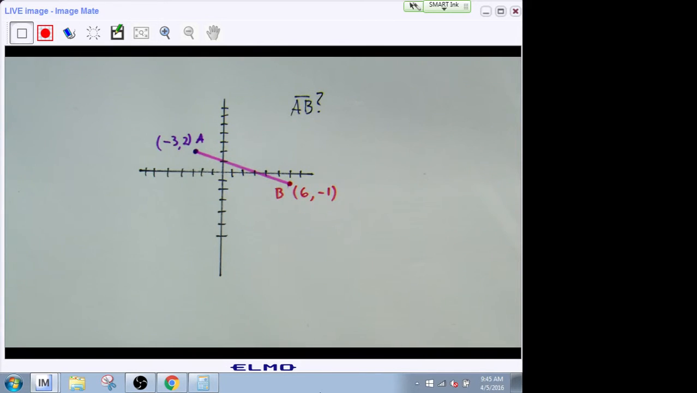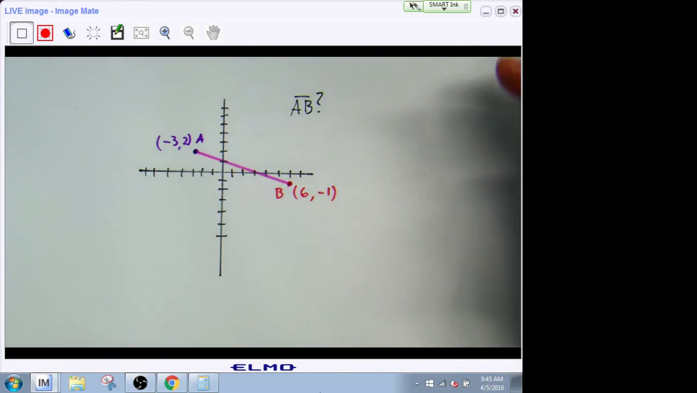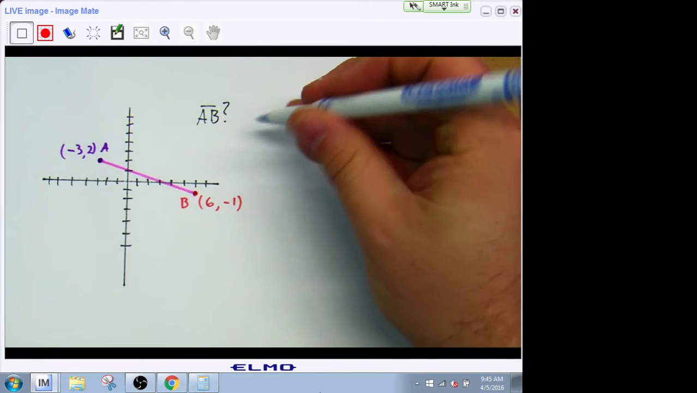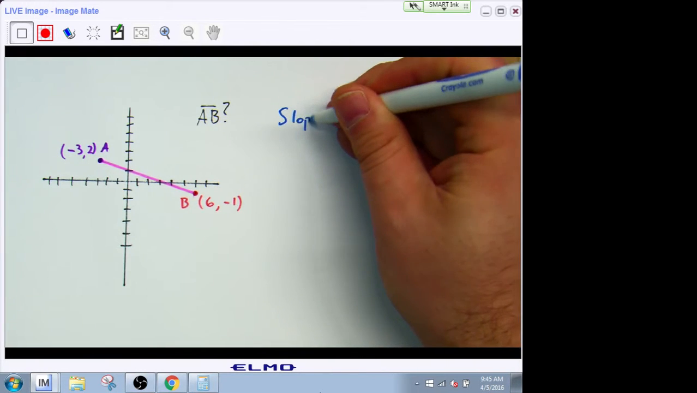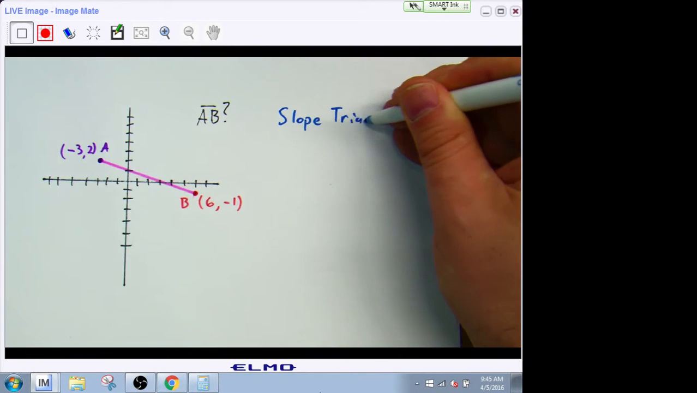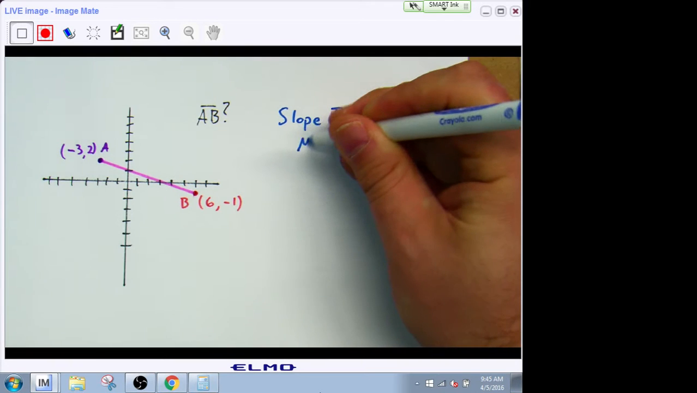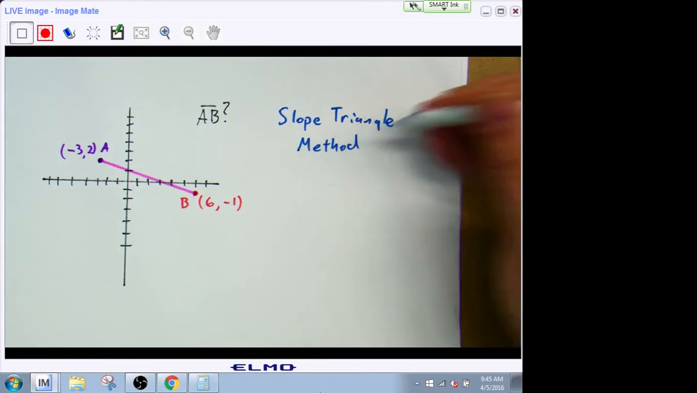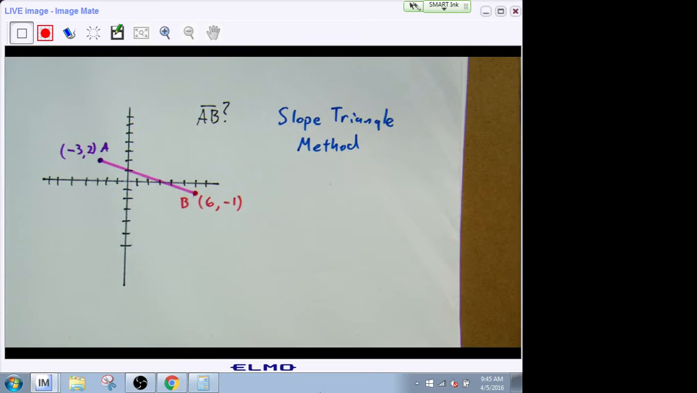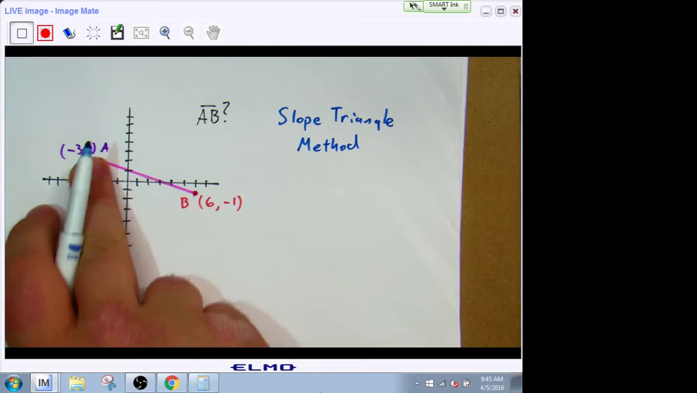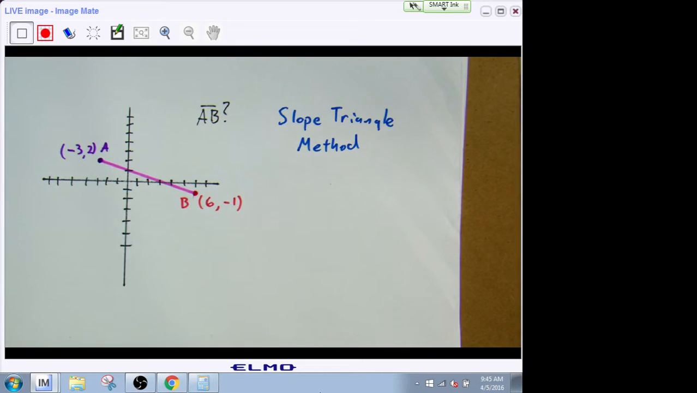Okay, so how do we find this length? How do we find how long this is? So what we end up doing is creating something we call a slope triangle. This is one of the methods. I'll scoot it over here. And so we'll say slope triangle method. Now the slope triangle method just asks us to look at this and try to determine what its slope